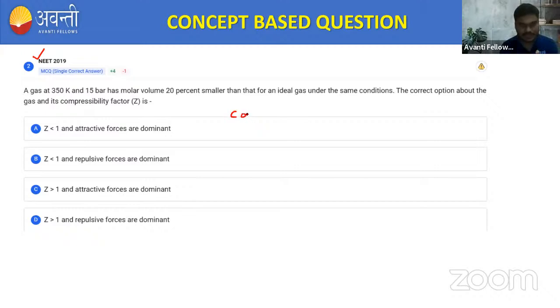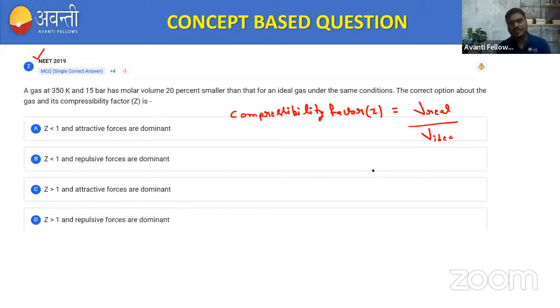So we can write compressibility factor, that is Z। ठीक है, compressibility factor Z is equal to V real divided by V ideal। अब ये क्या है भाई, V real means that is the real volume divided by ideal volume।